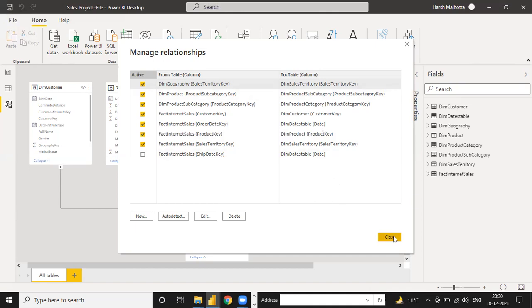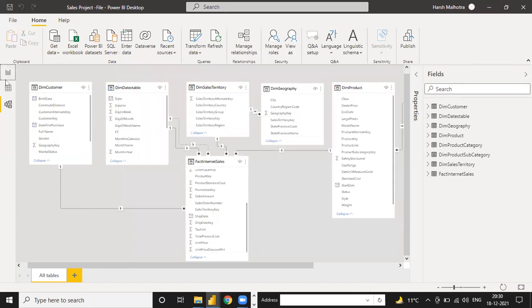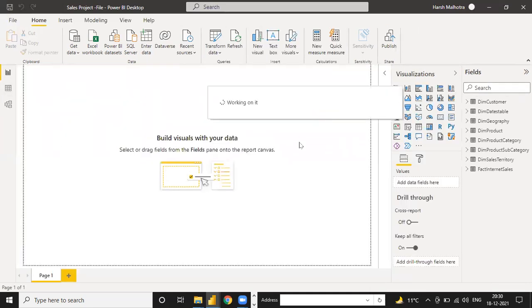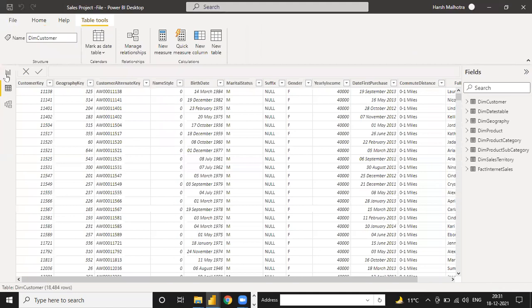So the relationship part is done, and now we have to move to our next step, which is our main visualization, on the basis of some DAX functions.